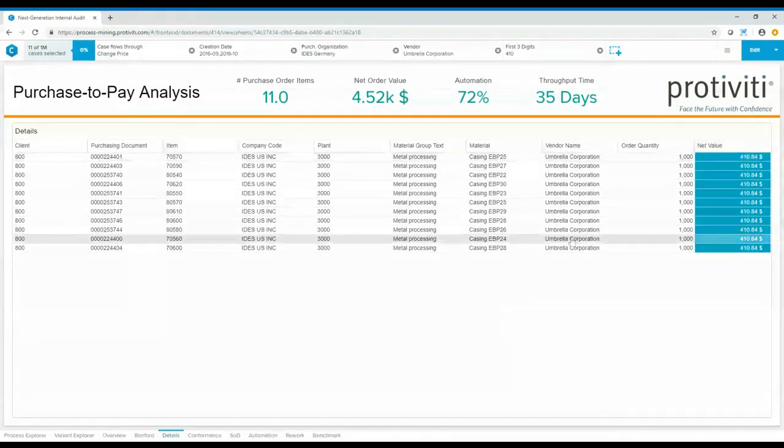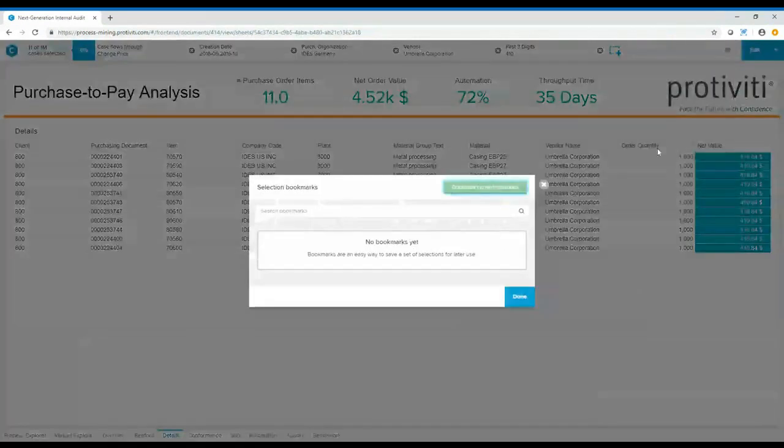We can see the vendor. We can see they are all different materials. Many of them are different materials. They're all for the same quantity and at the same price. Perhaps that looks unusual. So you can then go and actually create a bookmark here that will allow you to